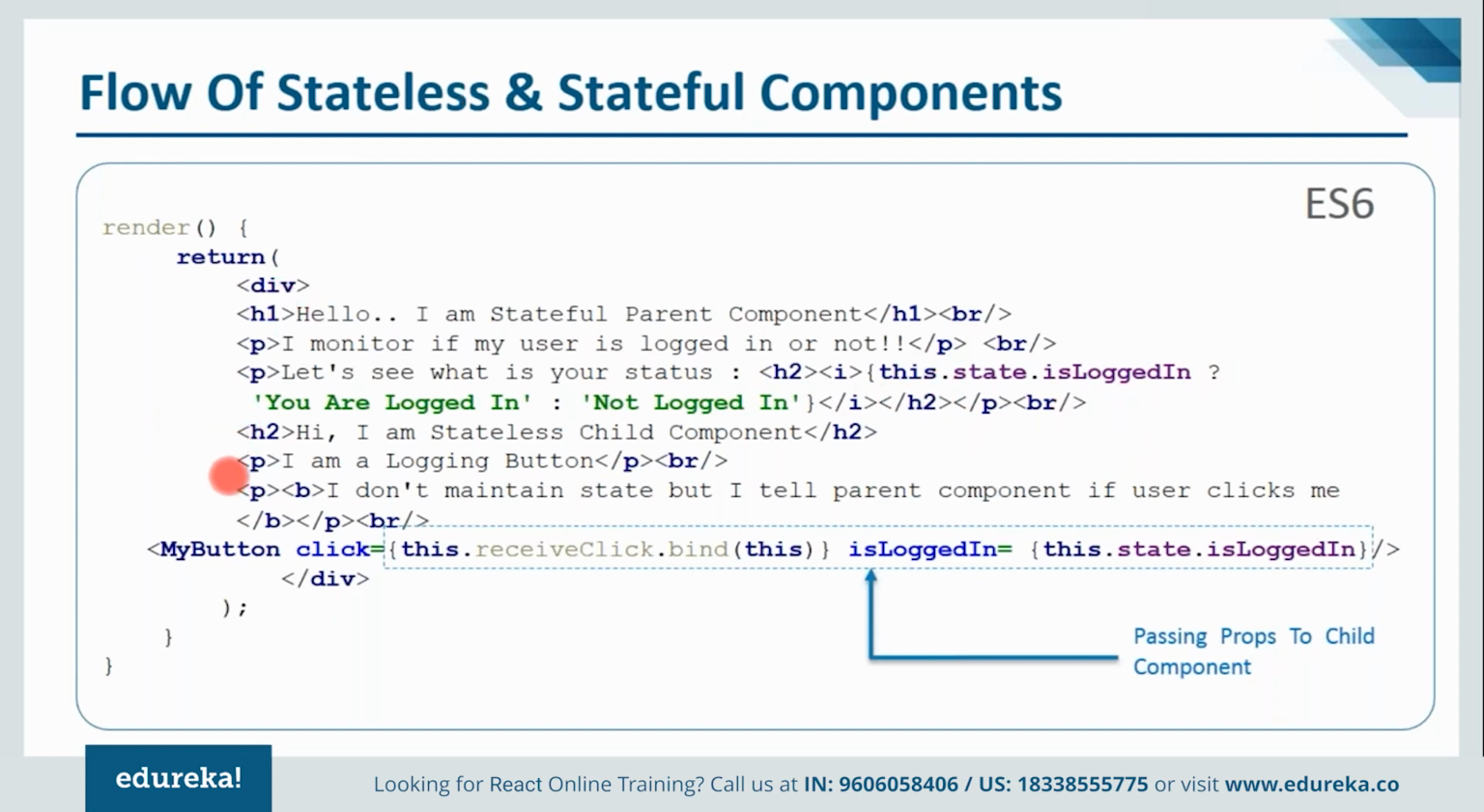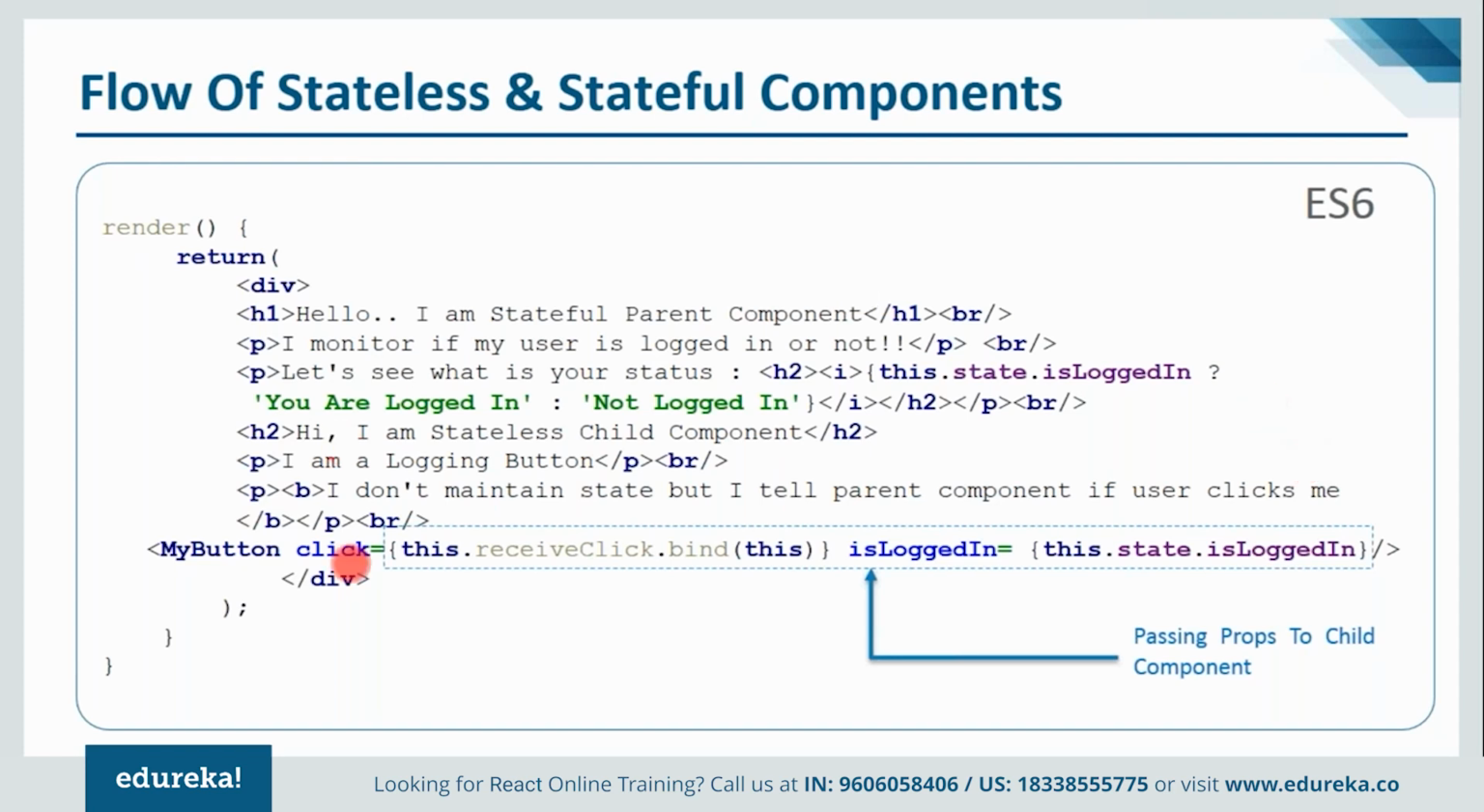And then I have other HTML tags where I'm saying, hi, I'm a stateless child component. Then I'm saying I'm a logging button. Then there's also another line which says, I don't maintain the state, but I tell the parent component if the user clicks me. Now, this is what I told you earlier when I said that the child component would notify the parent component that there has been some action and there has to be a state change. So the parent component would then do the honor